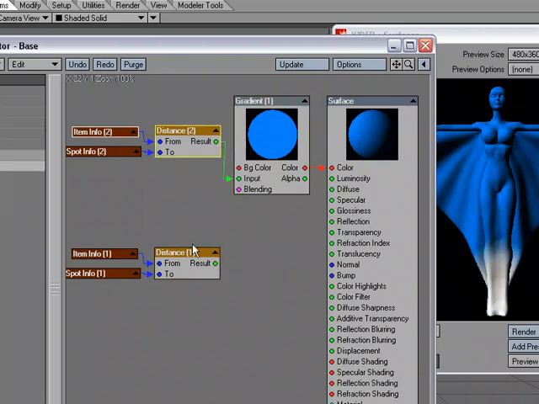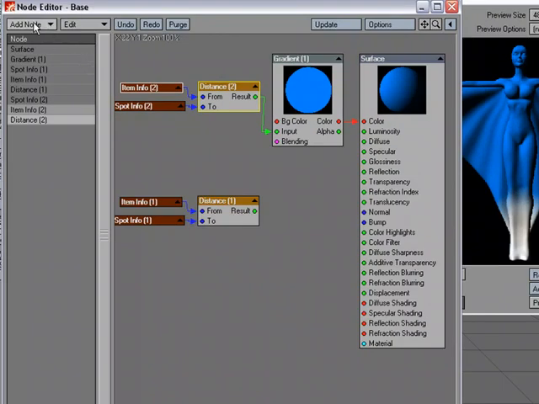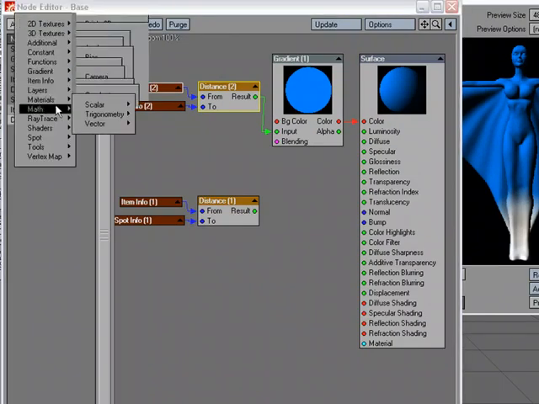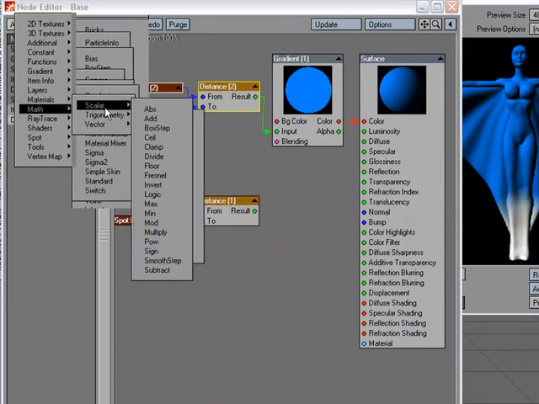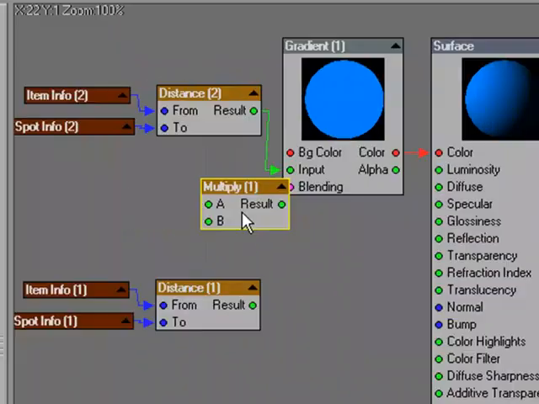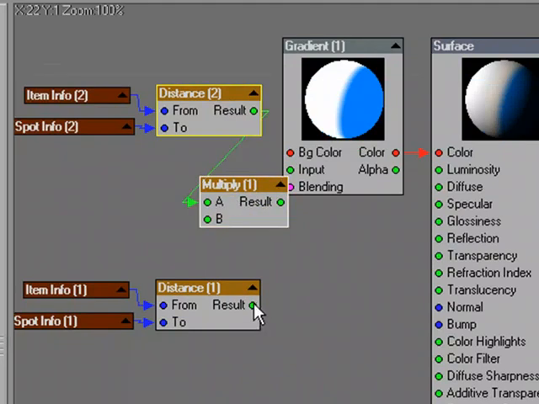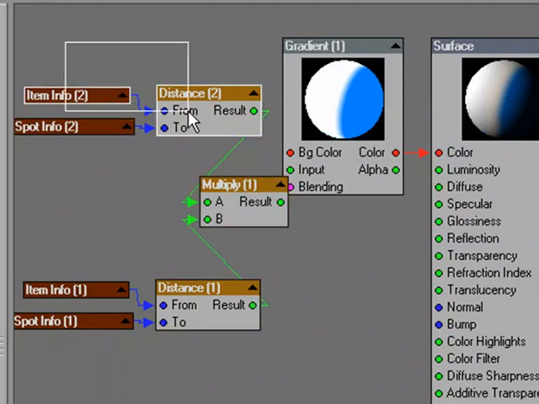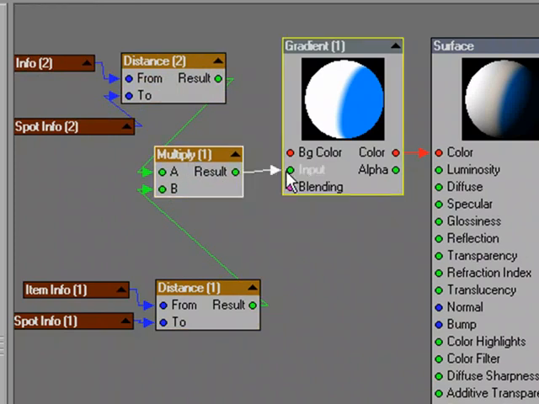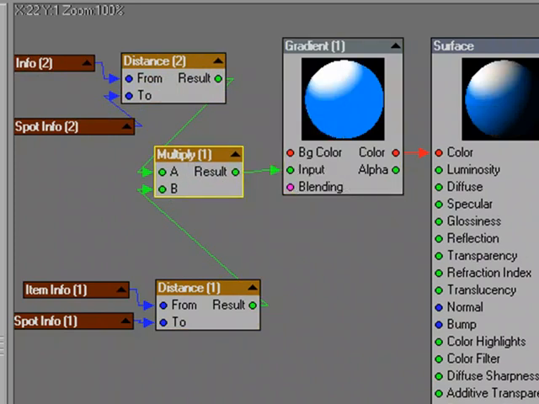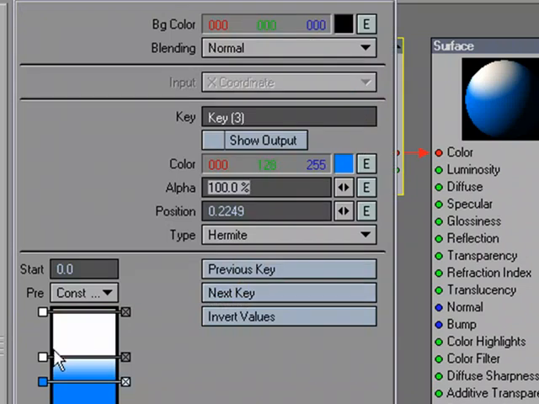Now I want both of those to show up. So I need to blend both of these together and feed that into the input. To do that, I'm going to go ahead and move over to Add Node. I'm going to go over to Math, Scalar, Multiply, and I'm going to plug the result from each of these flows right here into this multiply and the result into my input. And if I tighten my gradient up